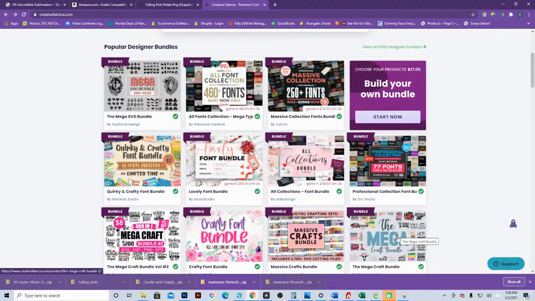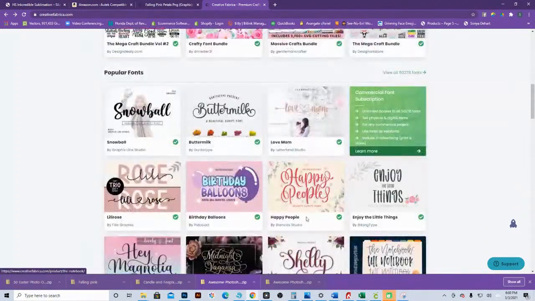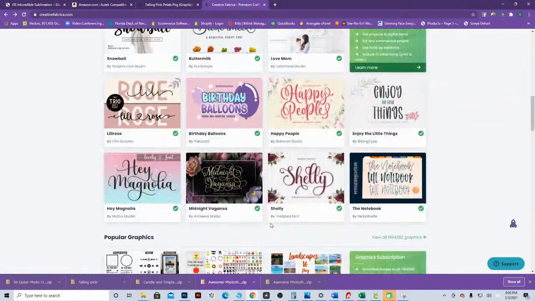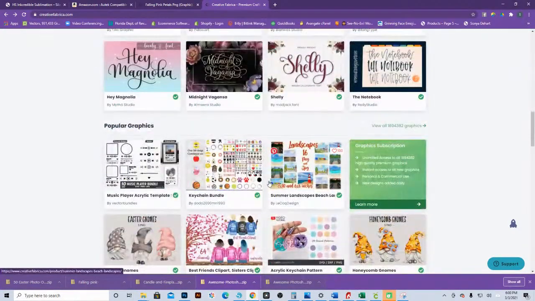There are some things on designbundles.net, like bundles, and you can find the same designers on Creative Fabrica. So you can kind of come here. There's all sorts of fonts. This is where I go for my fonts. I don't use the font really at all. And I want to see something because they had it, but I wonder,